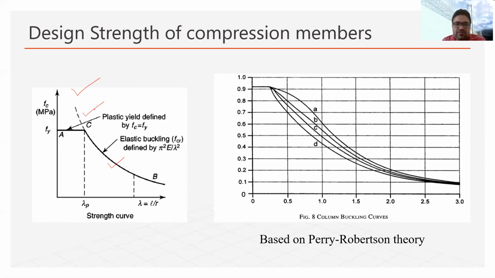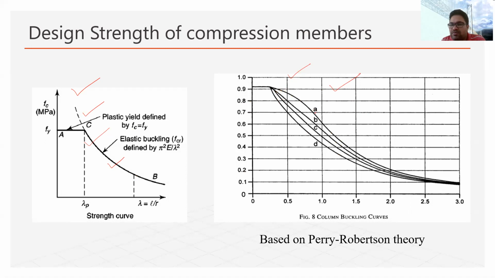this is the curve that has been developed by the Euler column theory, but in the IS code this curve is also used, because it is based on a realistic approach and is for the real column. So now you can see how different these curves are from the ideal curve.